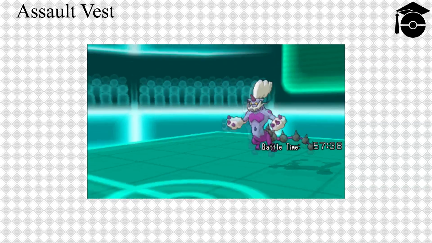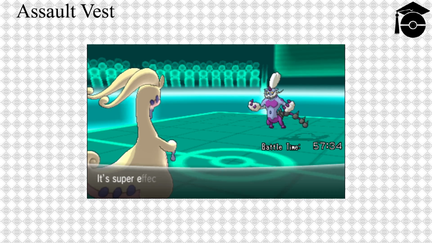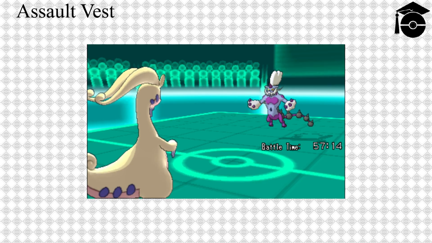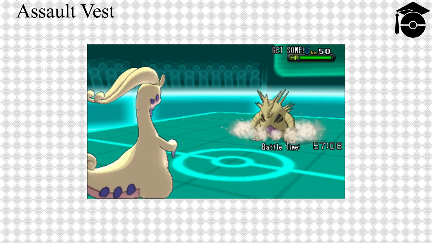Goodra was almost the original user of the Assault Vest. It was the first Pokemon that saw a lot of usage with the Assault Vest, and while it has dropped out of use a little since the release of Pokebank, it still remains one of the best users of the Assault Vest. The Vest boosts Goodra's already sky-high 150 base special defense into the stratosphere, allowing it to eat up